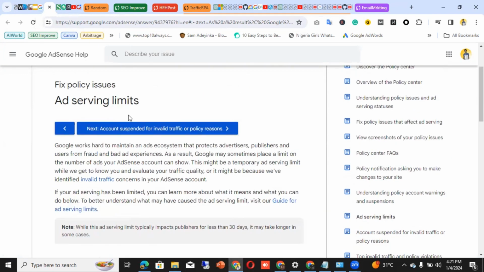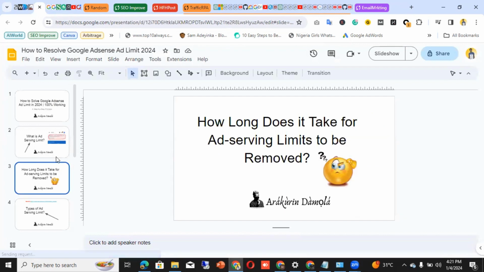All right, now that we already know what ad limit is, I guess it's only okay to want to know how long it takes for ad limits to be removed. This was the question I had to ask myself: how long will this take? Based on my own considerable research, I was able to find out that